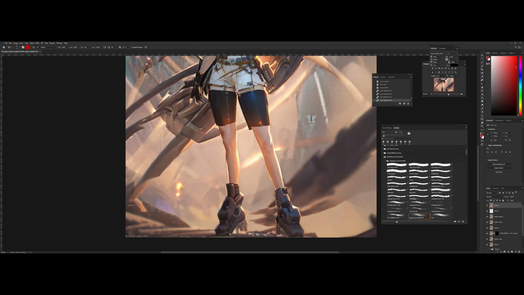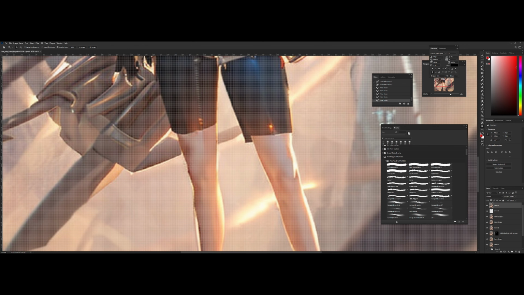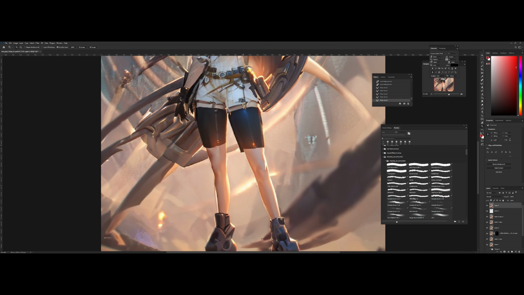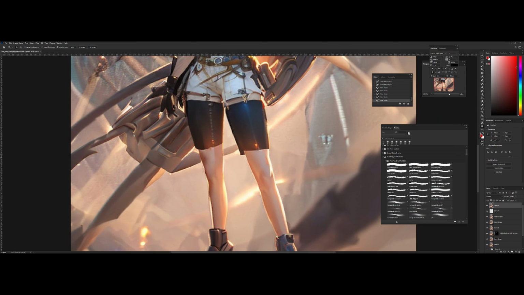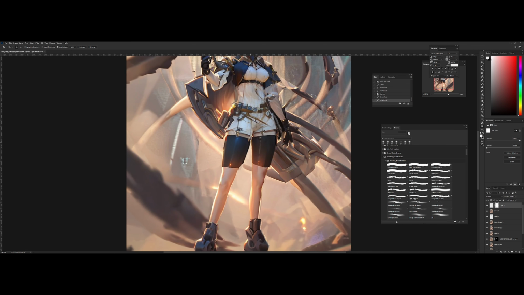I'll use the mixer brush. Just mix it very lightly. Okay, while I'm down here, this part of the leg is a little not right, so select it, spot healing that up. Okay, and then you can see that this leg has to be more in line with the form here,